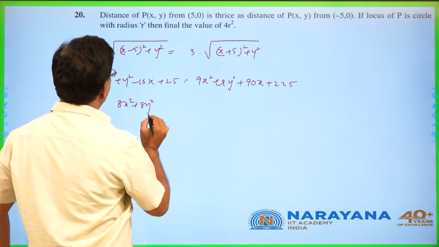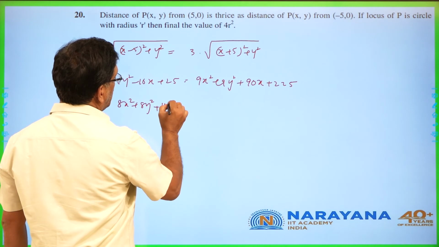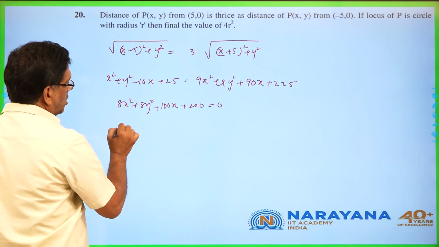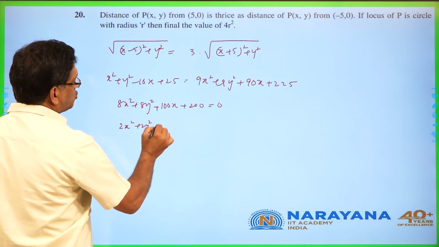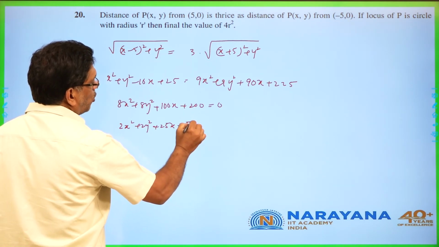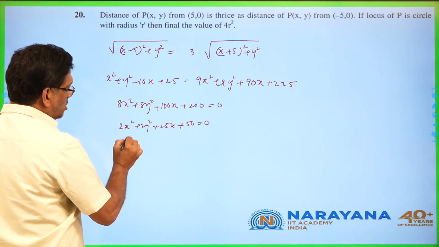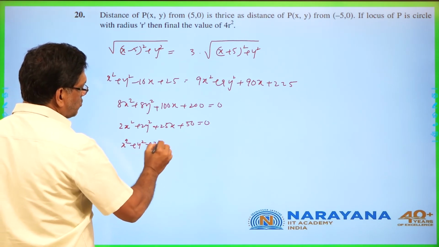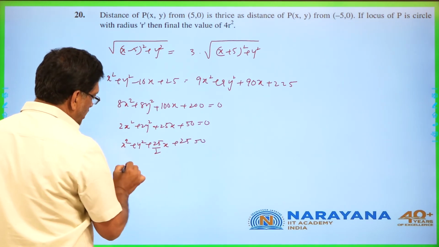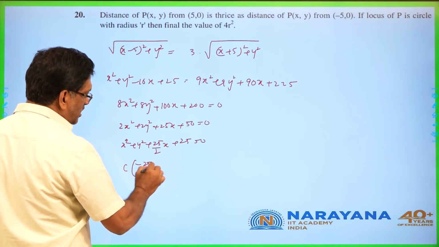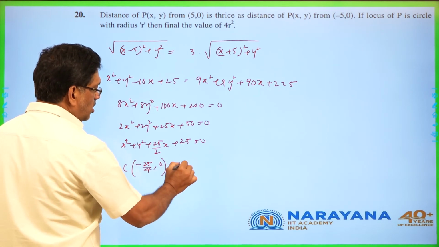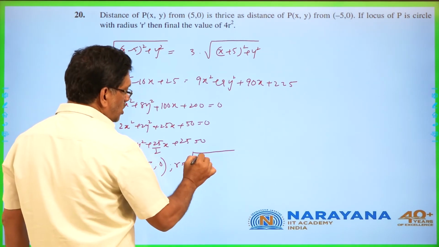That is 8x square, 8y square. Right? Now bring all the terms to the other side: 8x square plus 8y square plus 100x plus 200 equal to 0. Dividing by 4, 2x square plus 2y square plus 25x plus 50 equal to 0. It is x square plus y square plus 25 by 2 x plus 25 equal to 0. It is a circle whose center is at (minus 25 by 4, 0) and radius is the root of this,